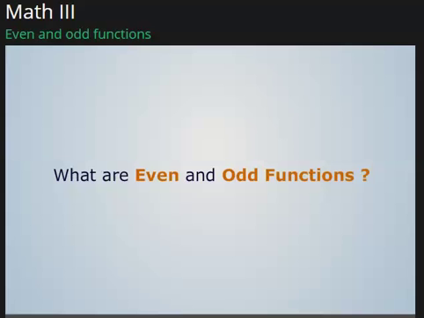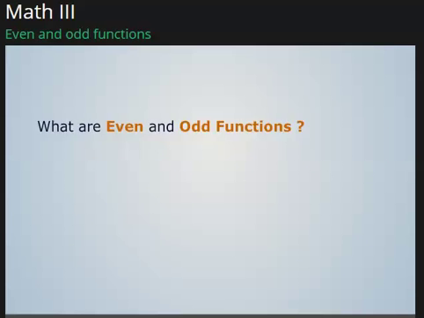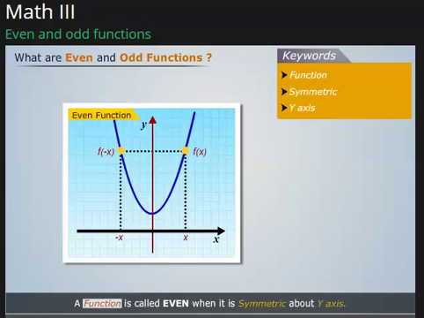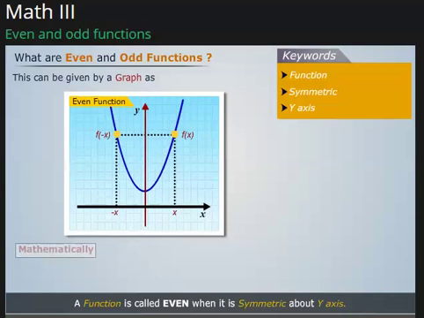Even and odd functions. A function is called even when it is symmetric about the y-axis. This can be given by a graph as, mathematically this can be given as,